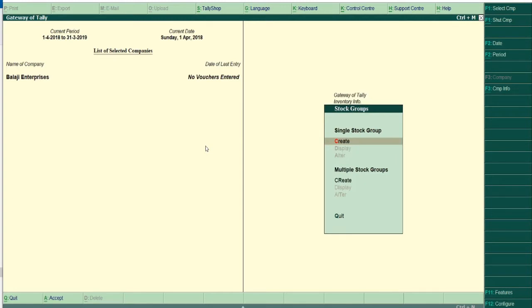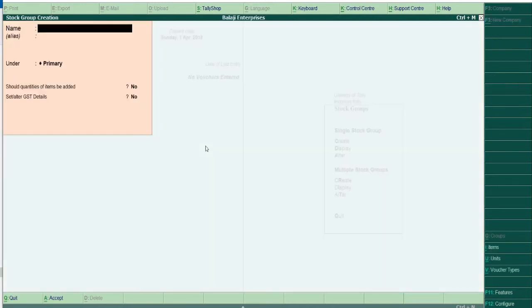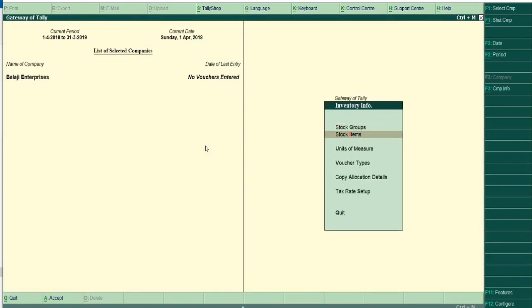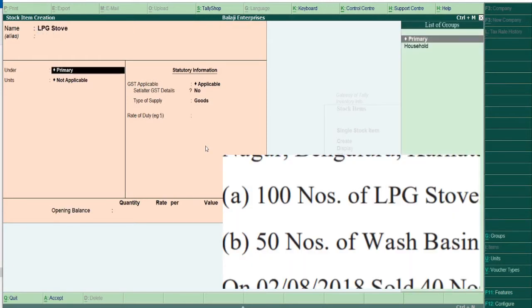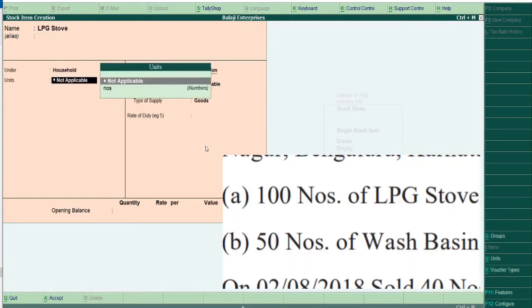The stock items are related to household products, so I will create the stock group name as household. You can give any name of your choice here. And now I will create the stock item. First stock item, that is LPG stove, under household,